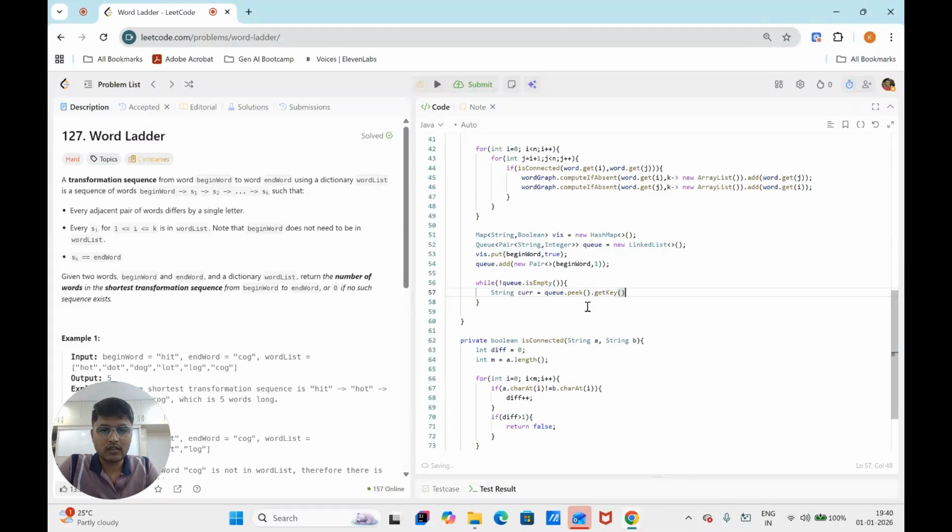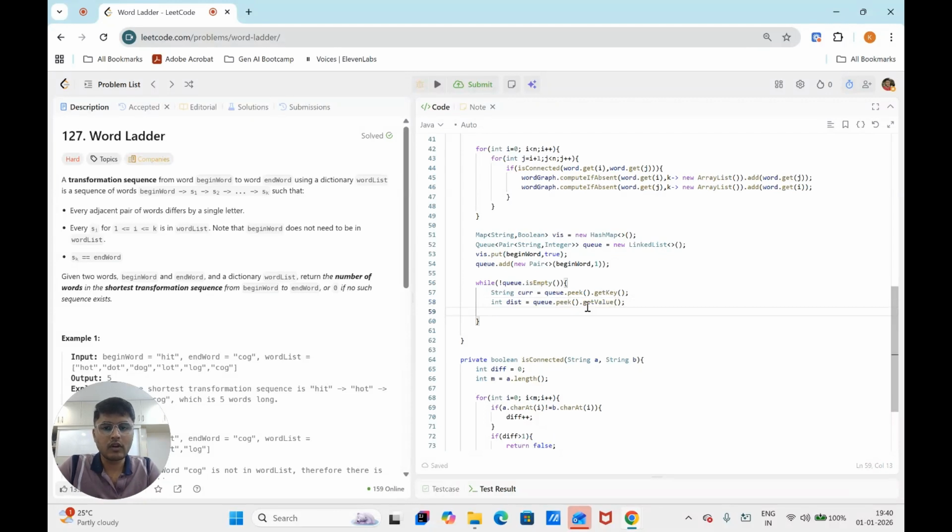What is that? String. And read int distance is equal to q dot peek dot get value. We got both key and value from the pair, and then we'll remove this particular element from q, and